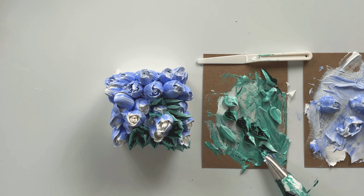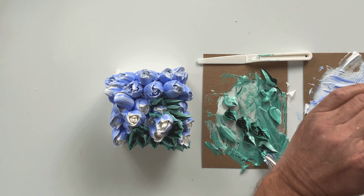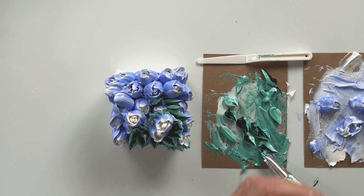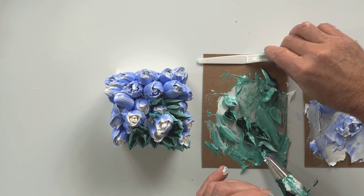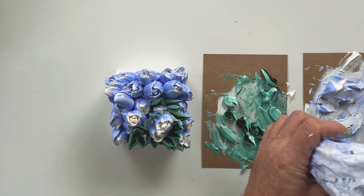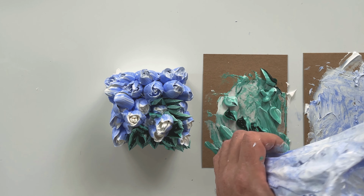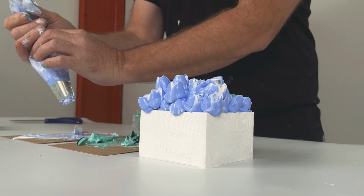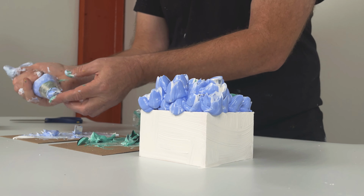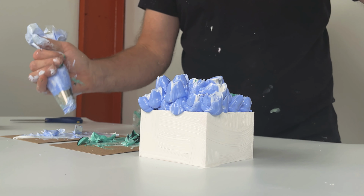Any little bit of white I have left over. That's why I reserved a little bit of white just in case, because I didn't know where I would need it more, on the flower side or the leaf side. But now that I know where I've got the block completely full, I can fill it all the way back in and just fill in the random areas that might need more flowers. Don't leave any spaces on the block, because when it dries, it'll create like a cavity. So this is the point where you just go in and look for any kind of voids that need to be filled in. And so you get a nice full